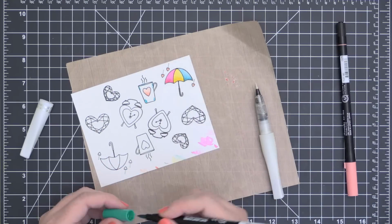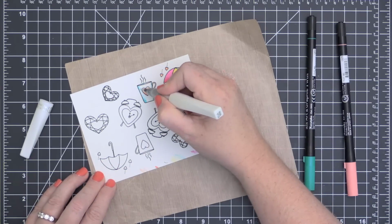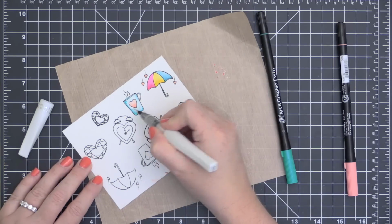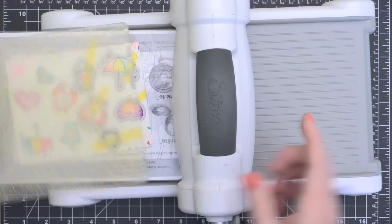And this is going to leave me with a watercolor effect that has some nice shimmer to it. And if you want more information on these Zig pens, I actually did a comparison on them, and I'll make sure I throw in a card for that video here. So through the magic of television,